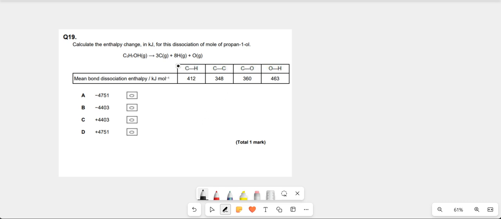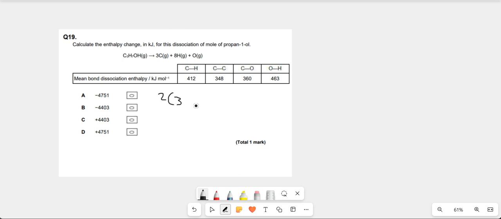Question 19 is easy, yeah? It's just basically bonds made minus bonds broken, but essentially, yeah, there's no need for this because it's just combusting this, yeah? So it's just breaking this. So actually all you need to do here is just find how many moles here of each bond. It's easy, man, yeah? There's two CC bonds here. So two CC,